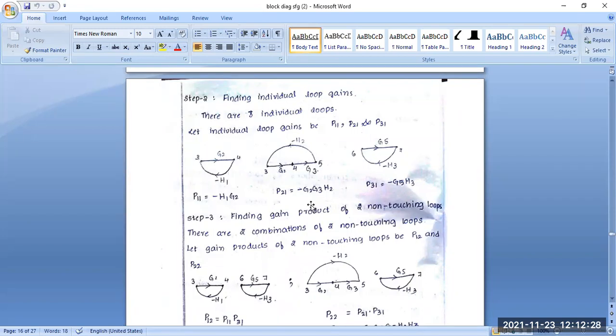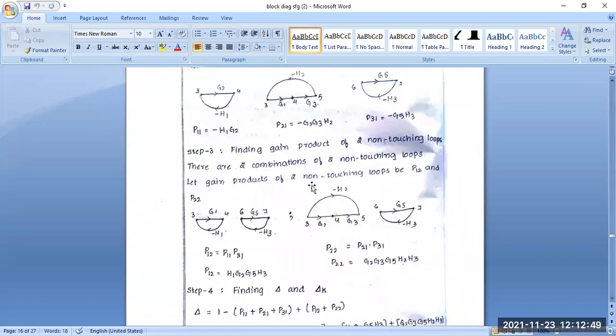So in this given problem, we have to calculate the three individual loops that are present. We represent these individual loops as P11, P21, and P31. You can easily calculate them from here. This is step 2. Then step 3: finding the loop gain product